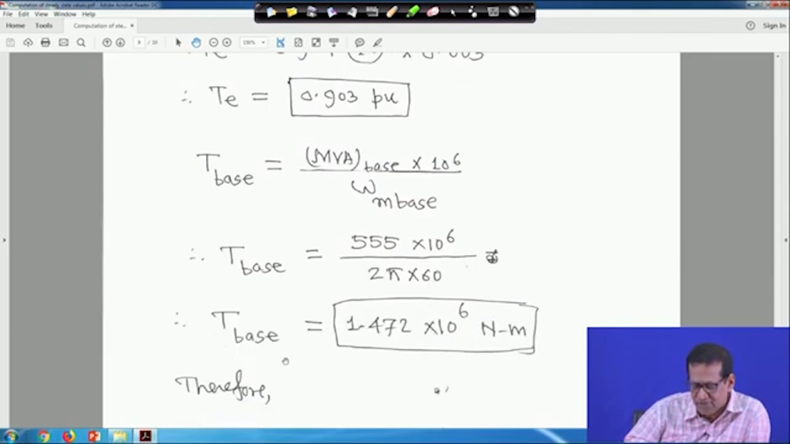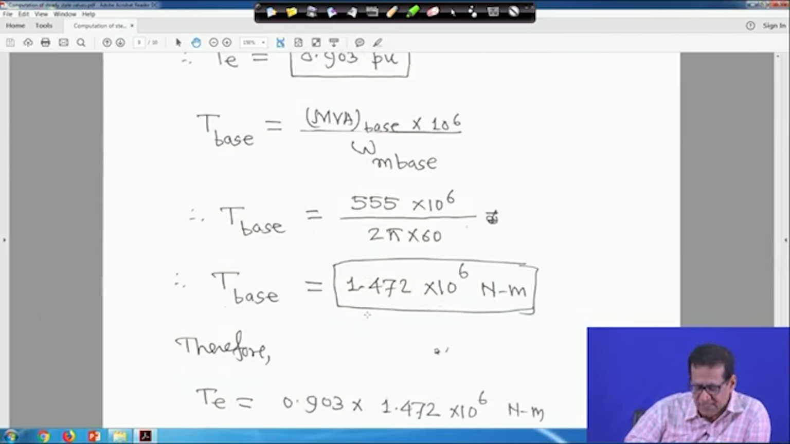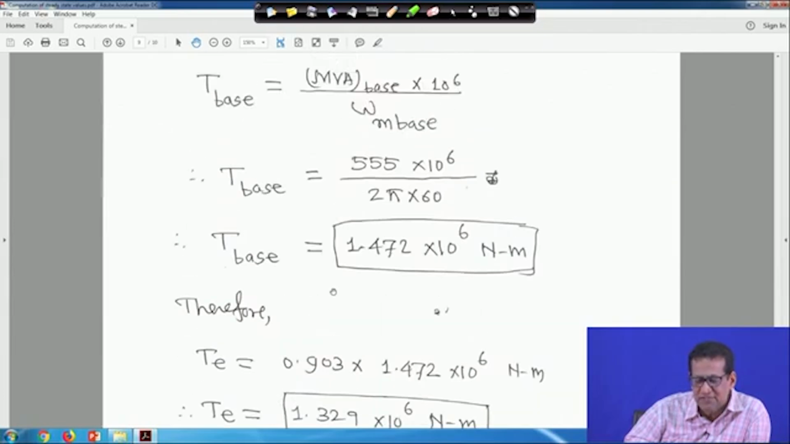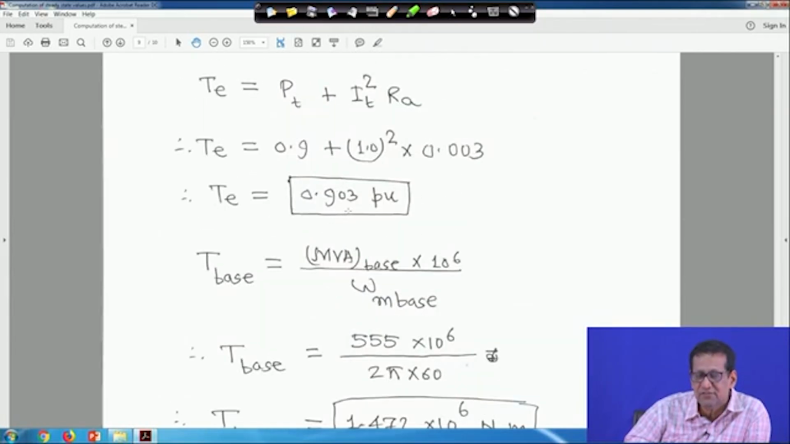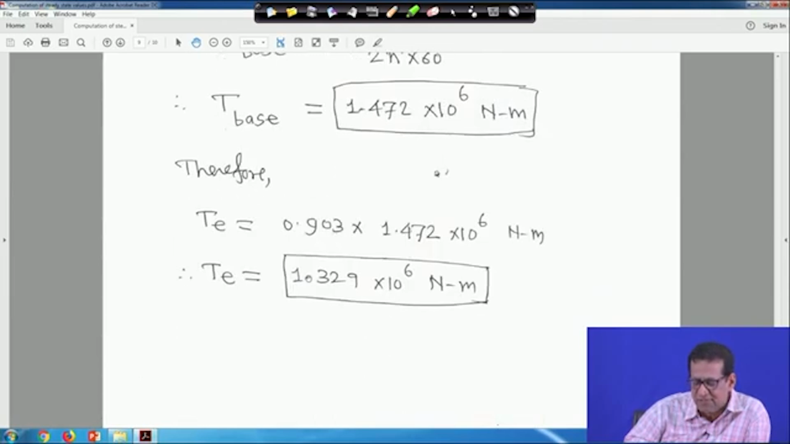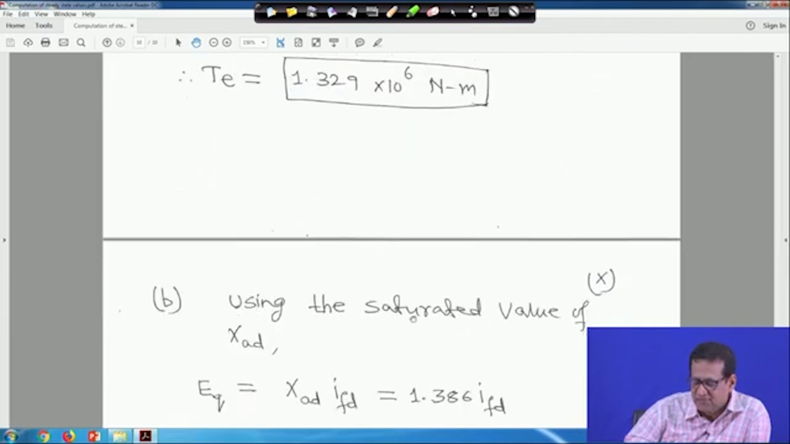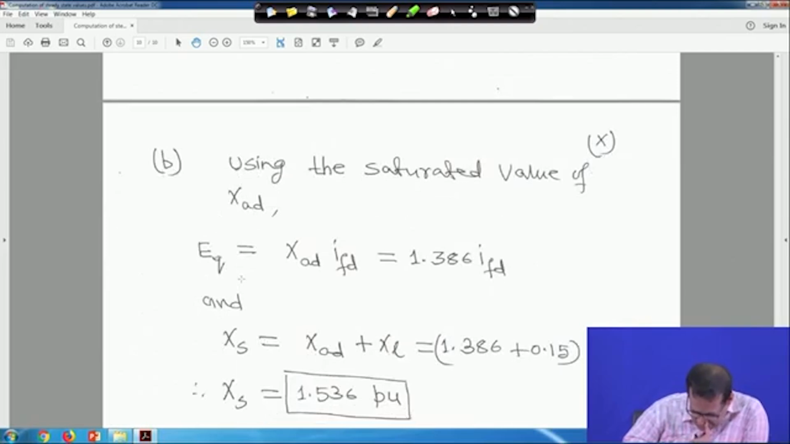So, if you compute torque base, that is 1.472 into 10 to the power 6 Newton meter, this is the base value. Therefore, T E is its per unit value 0.903, and you multiply by this base value T base, you will get 1.329 into 10 to the power 6 Newton meter. And part B, using the saturated value of XAD, we know that earlier we have seen EQ